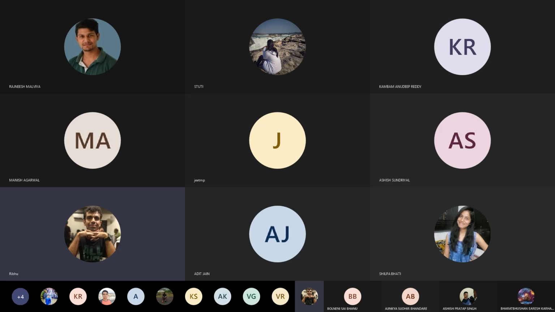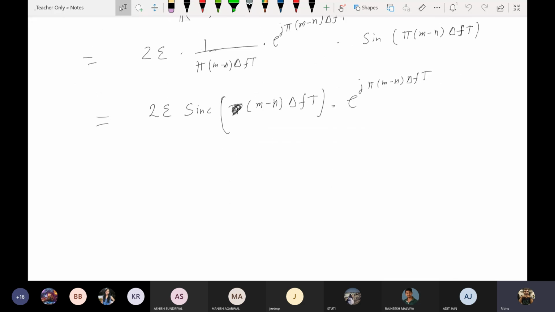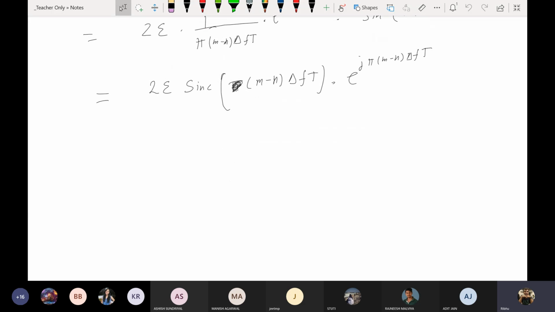We stopped here and said that the correlation between two frequency pulses separated by delta f reduces to this beast, right? So now if we consider this, for the correlation rho, let's say rho_ml or rho_mn, to be 0, we would want